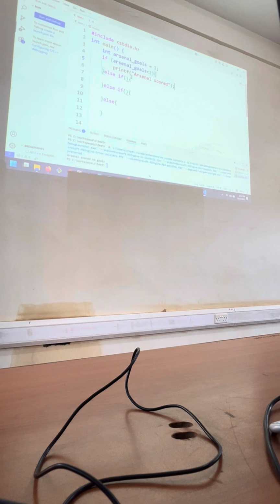You check the condition, so this one, if it's less than 2. But then also you want to check what if it is now less than 4. Then you have another statement you can put in here. Something like maybe that was a lot of goals.